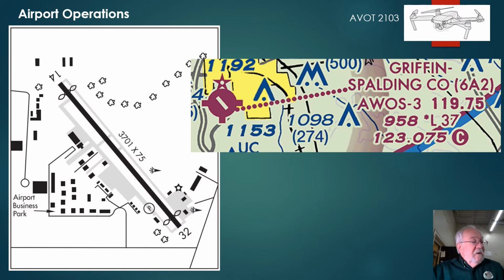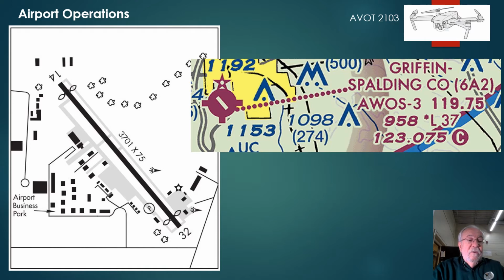Okay, unmanned aircraft planning and arrival. So I'm going to do a little scenario here of what the manned aircraft pilot is doing. And that might help you to sort of orient yourself to what you'll be listening to on the radio. So for an aircraft that's planning on arriving at, let's just use the example of the Griffin-Spalding County Airport,